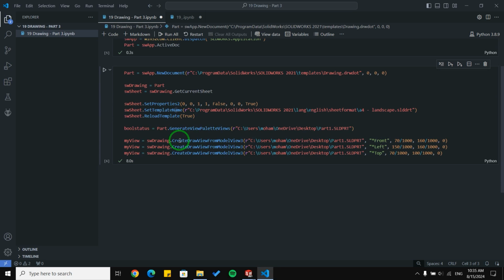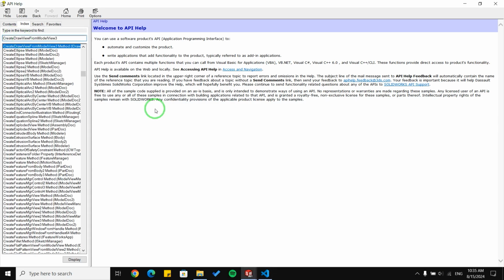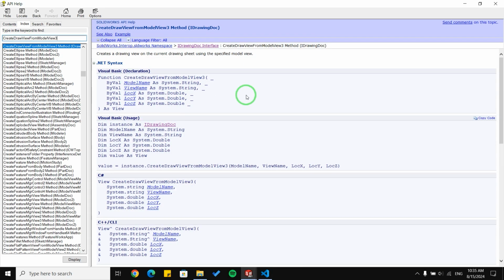For example, here we had a function called create draw view from model view 3. And let me search for this function in API help. This function creates drawing views for us, and it is under iDrawingDoc. So we can say changing the style maybe can be under this class too.